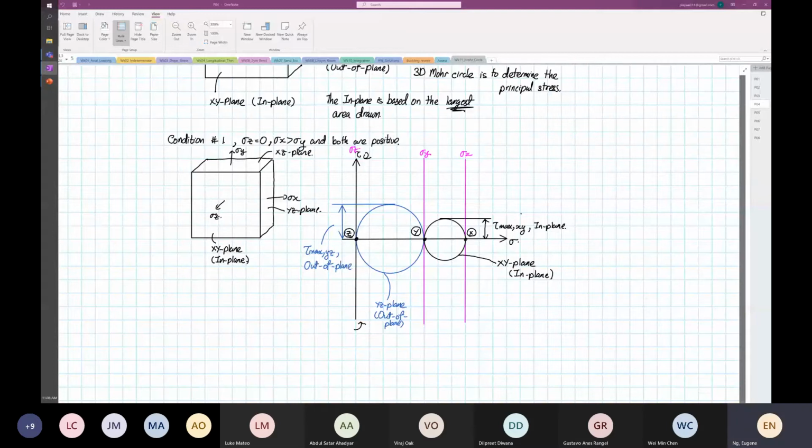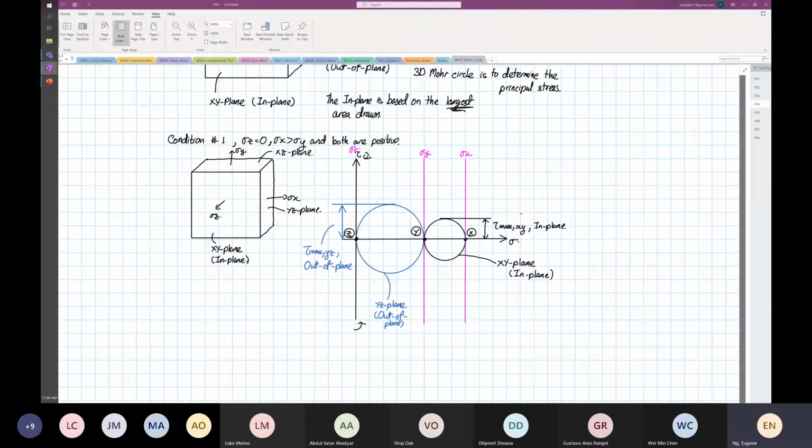And what you can see now is your out of plane stress is bigger than your what? In plane shearing stress. If you base your selection of your material on tau max in the XY plane, your structure will fail if you don't put a safety factor. Yes or no? Right? And then the final circle that we're going to draw,